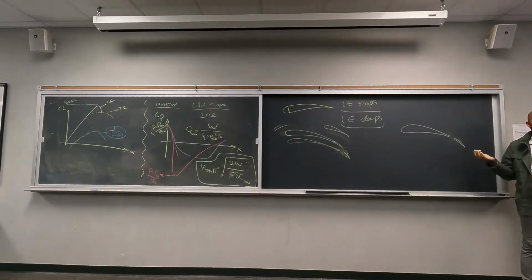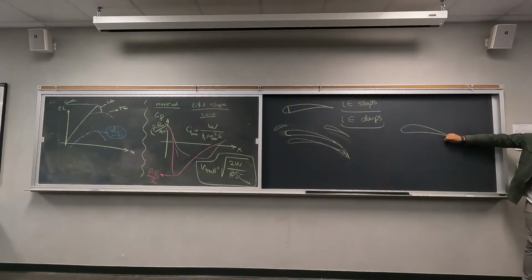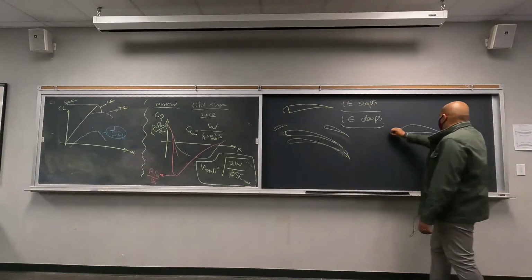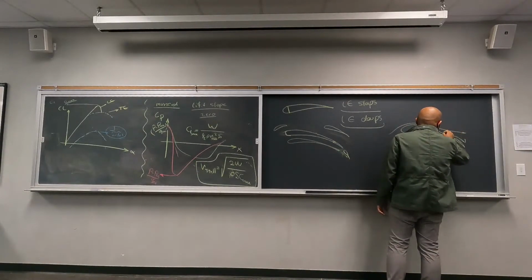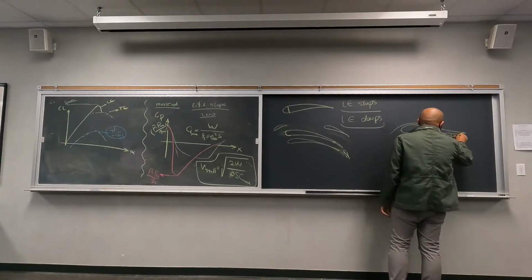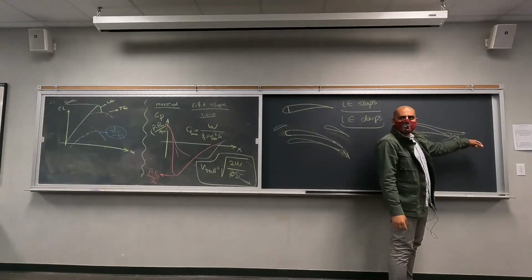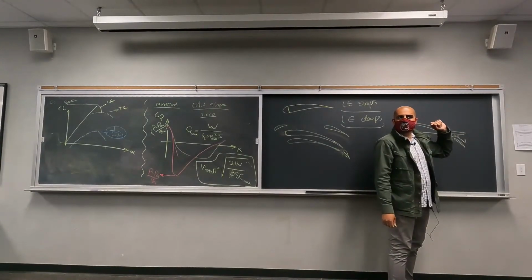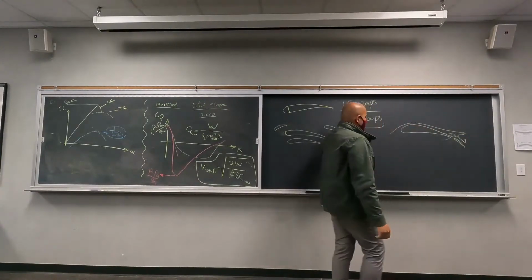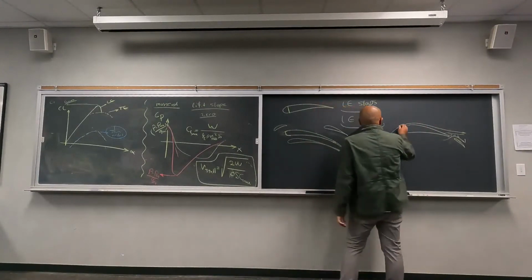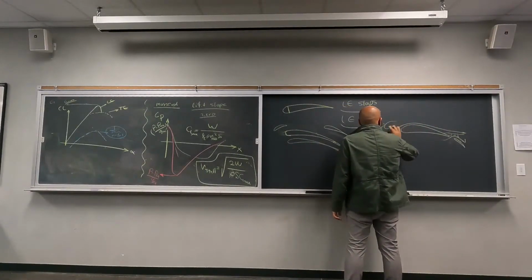You're flying with higher pressure on the lower surface and low pressure on the top surface, right? So high pressure, low pressure. So we are going to induce some flow in this direction, okay? So even if your flow has already separated here, you are going to force it to stick back to the wing, okay? But we can actually, by introducing something in front, so let's say this is your wing, and then